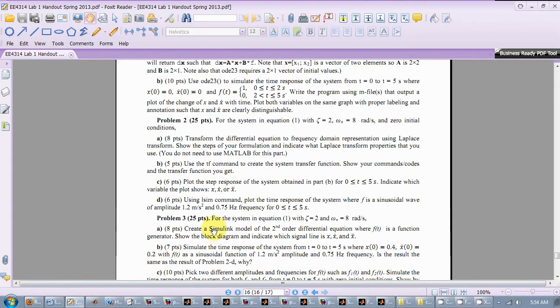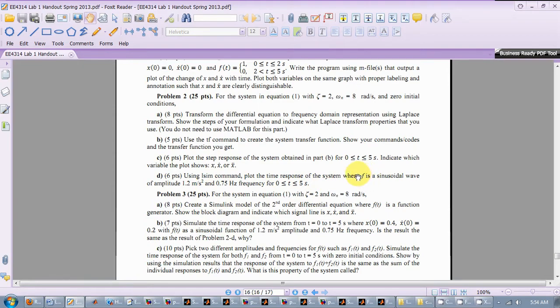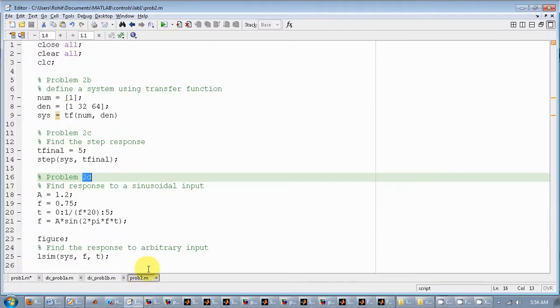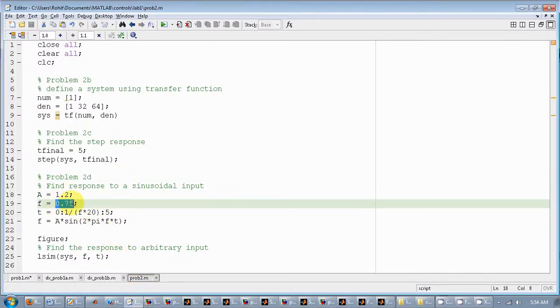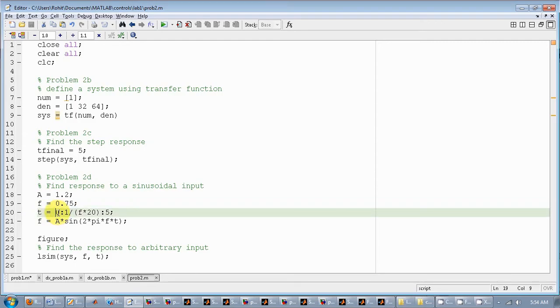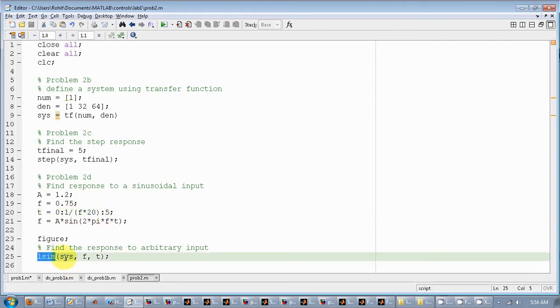In 2D, you were asked to use f, a sinusoidal wave of amplitude 1.2 and a frequency of 0.75 Hz. So you set A to 1.2, the frequency to 0.75 Hz, and your signal will be A sine 2 pi ft. The t is the time, and the time increments are decided by you. So I've chosen a sampling rate of 20 times the frequency. So the higher the sampling rate, the smoother the curve. So this works fine. And then you use the LSIM function: LSIM, the transfer function, the input, which is f, and the time that you will run the simulation for. And when you run this,